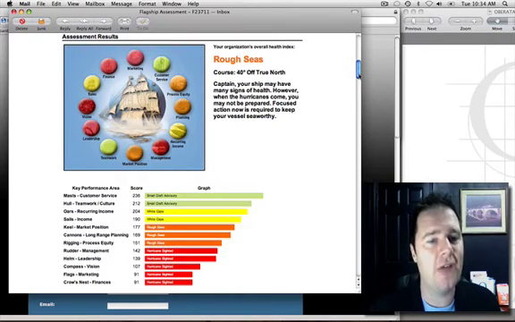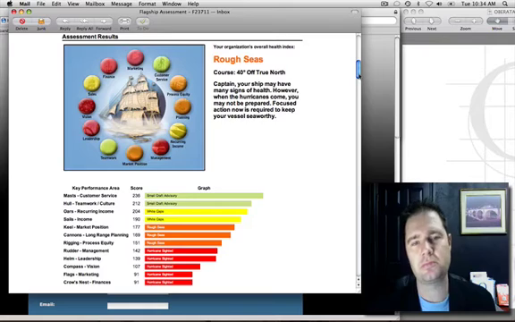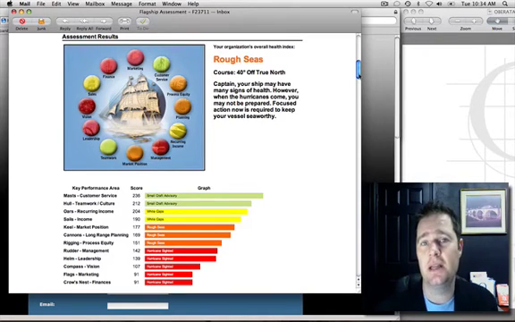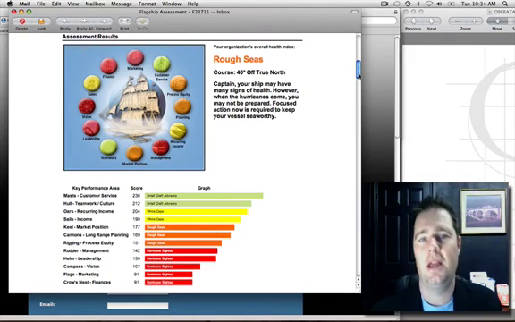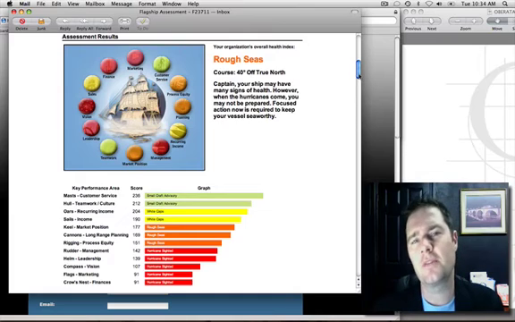So after you receive this initial result, I will receive a copy as well. And what will basically happen is, again, as I said, we would sit down in the phase two and discuss what happens, and I will create for you a customized roadmap of solution. It's basically about a 20-page document that's not chock full of problem, it's chock full of solution. And that's really what sets us apart from a lot of the other